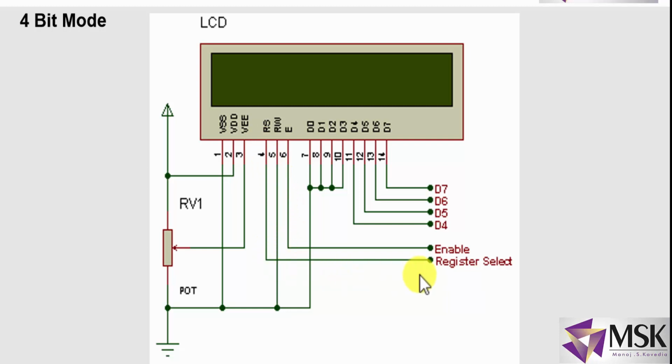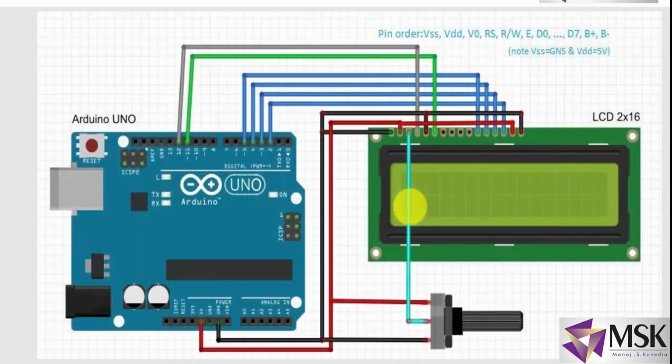Now this RS is register select, E is enable. These can be connected to the microcontroller pins, and read write is generally grounded, because generally we have to write to the LCD. There are very few cases where we read from the LCD. So while writing to the LCD, I have to keep that pin low, and as I've told you, D0 to D3 pins are grounded and data is sent on D4 to D7 pins. First the upper nibble will be sent and then the lower nibble will be sent on the same pins. So let's see the interfacing with Arduino. So here these 4 pins are connected.